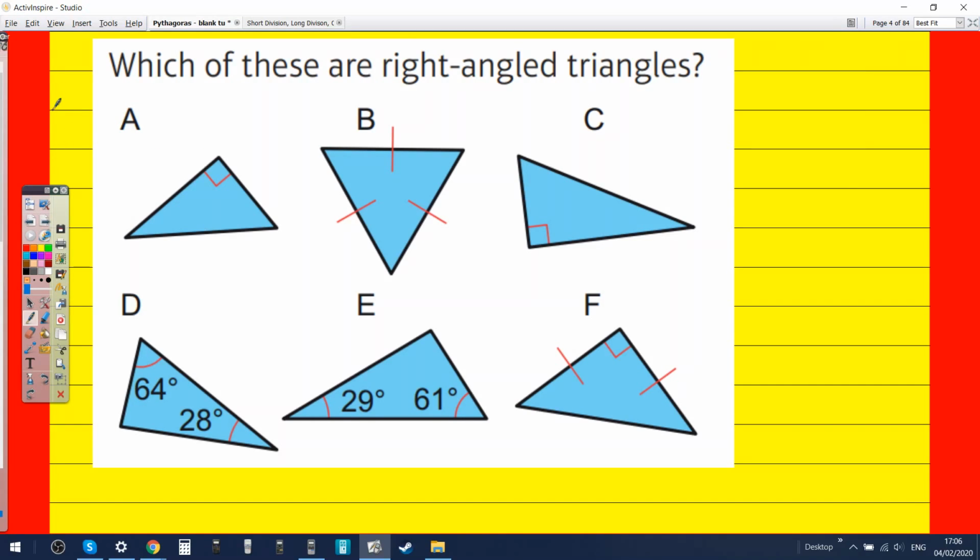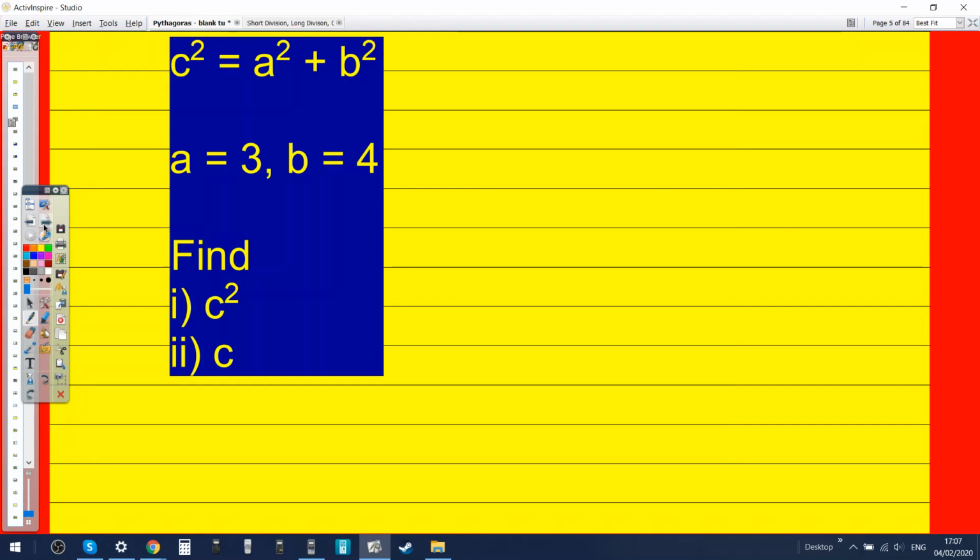Okay, let's try this. Which one of these are right angle triangles? C, F. There's one more. A. Yes. Okay, let's try this. C squared is A squared plus B squared. You have to find what C squared is. Okay, so